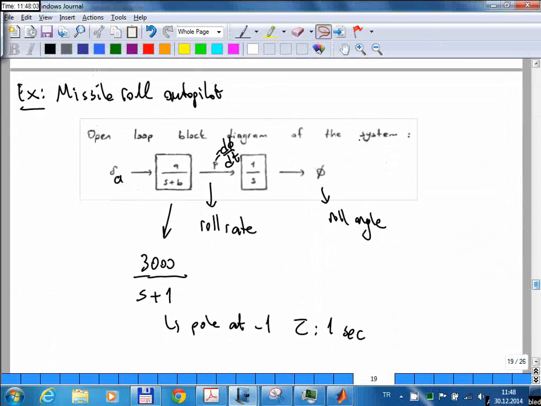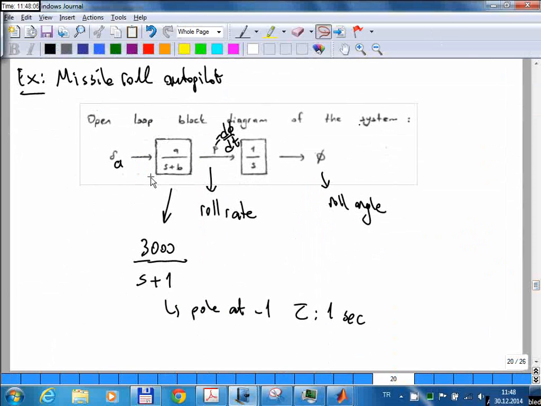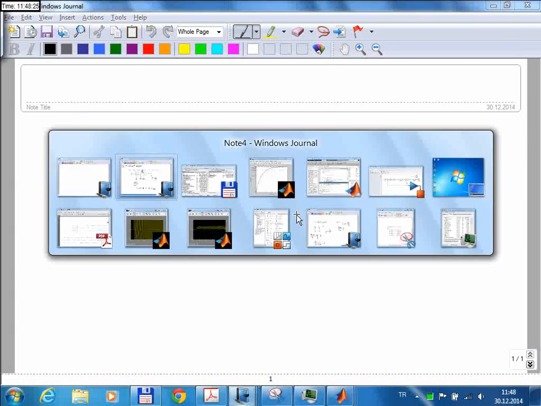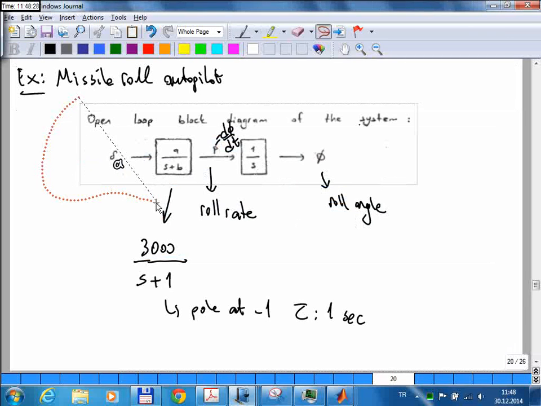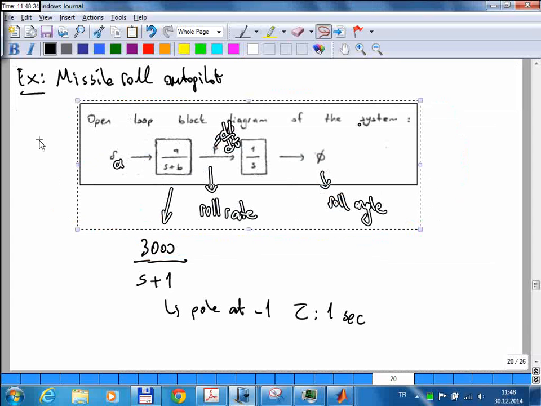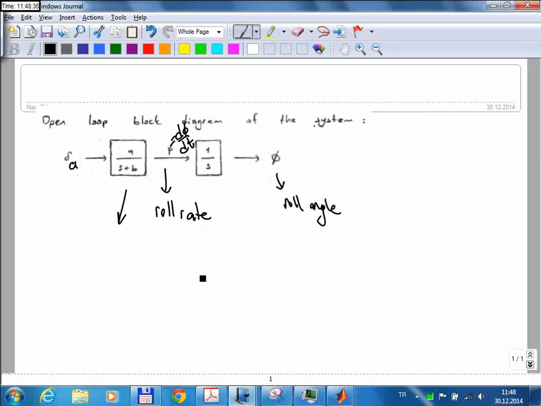We're studying this system, which represents the roll dynamics of a missile. Aileron is used to control the rolling motion. This transfer function gives the roll rate, and the integral of the roll rate gives the roll position. So this is the open loop dynamics of the system. Okay, so if you consider the open loop transfer function between the aileron angle and the roll angle, it is